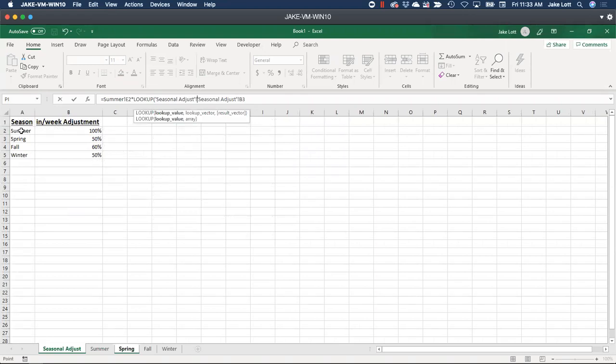this. Okay. The lookup vector is going to be this. What I'm actually looking through for that deal. And then comma. And the result is going to be this.